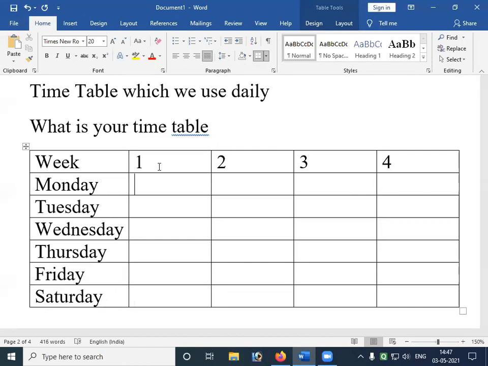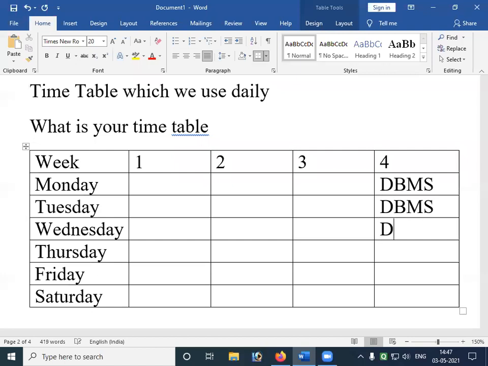You'll be writing maybe DBMS in the sixth hour. So DBMS, DBMS, DBMS, DBMS. This is how we show.